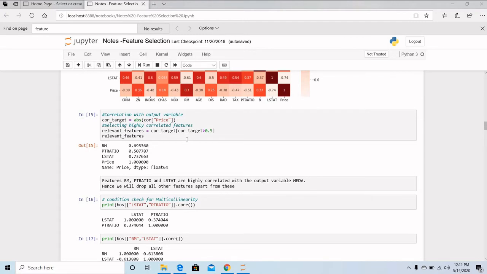So we will only take the features having a correlation with the target variable above 0.5. Here you can see these three variables, which are RM, PTRATIO and LSTAT. These are the variables having a high correlation with the price variable. So these three are the variables that we got which are highly correlated with the target variable.